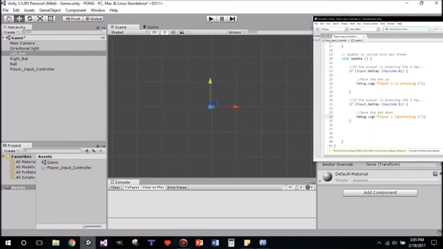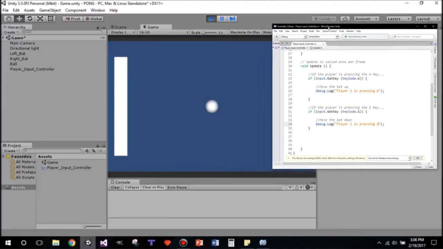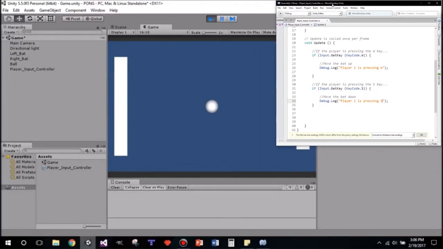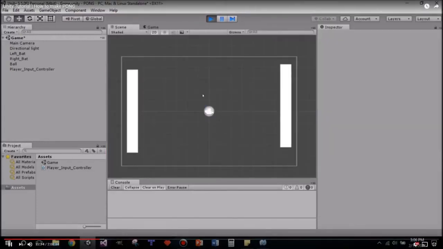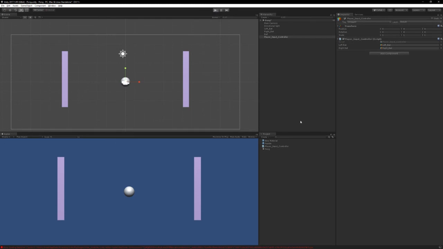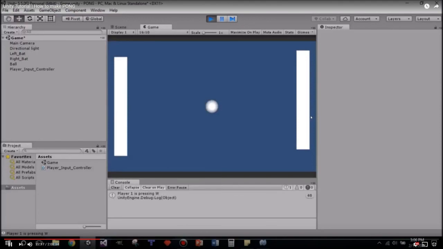So let's go back into Unity. I don't think I've gone over this, but when you click play, it will enter you into the game view, and it will just play what is going on. Hey, it's updating on the bottom there. Player is pressing S, player is pressing W. Nice. All right, so it's not supposed to move yet. We just wanted to see the debug. Nice. Debugs work in the scene as though you are in an actual game. So now